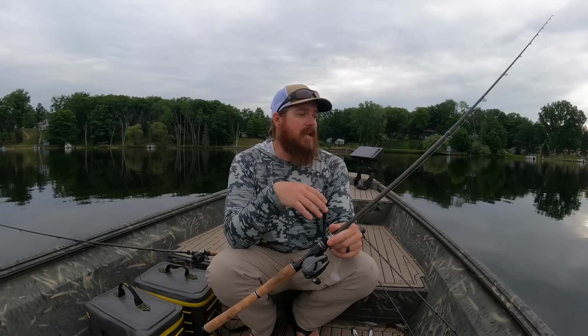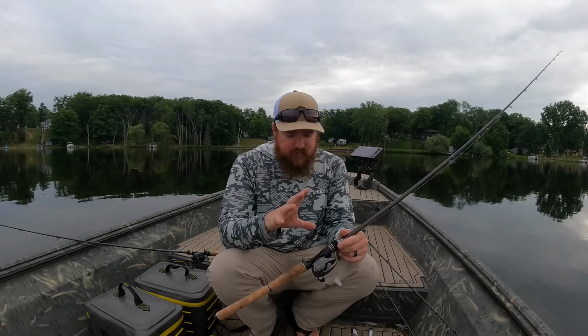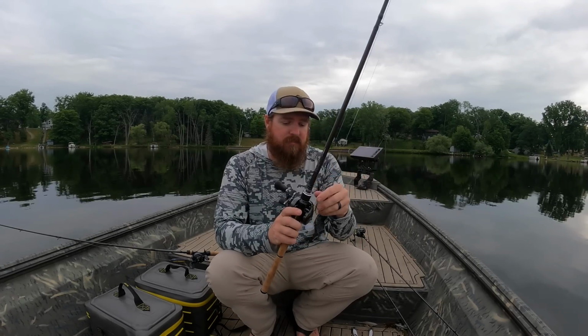So I have my best jig rod with me in case I got into fishing outside grass like we are, but I'm pitching a jig to them, or up in heavy cover. But I've also got a fantastic rod for throwing some of these bigger baits. Then another one, I mean, I've got a few rods with me, but probably the 3 that are the most